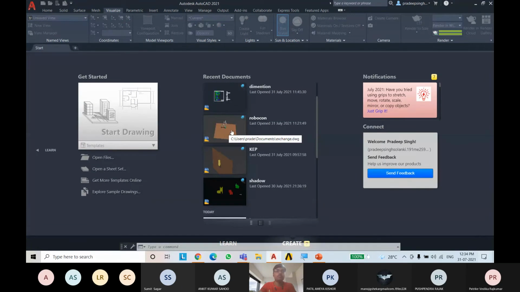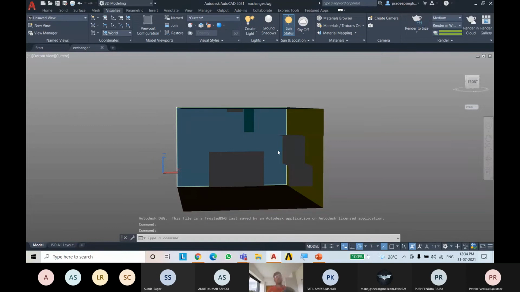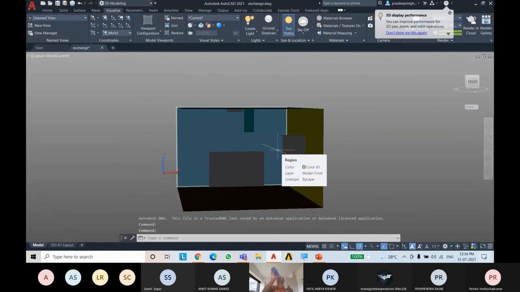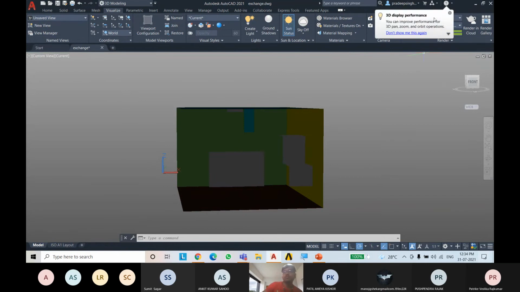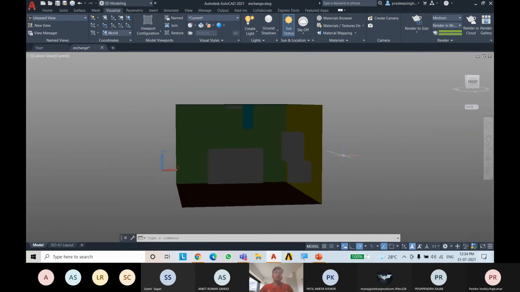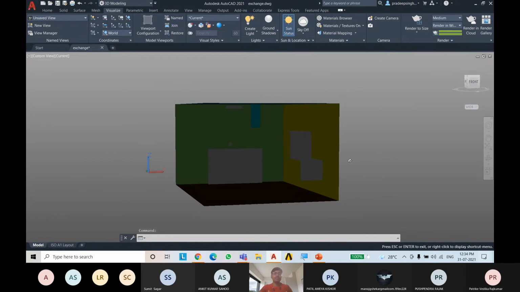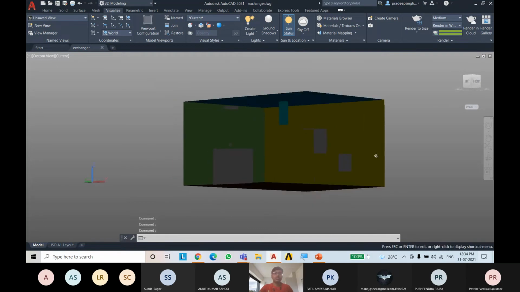Now this is going to be a final thing. We will show you how I have made this room shape structure.